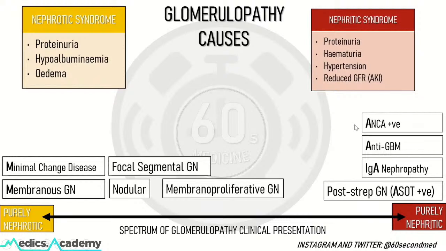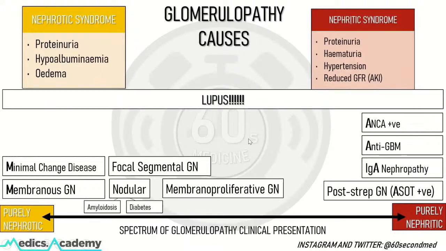Diseases that cause the mixed picture include focal segmental glomerulonephritis, nodular nephropathies, which include amyloidosis and diabetes, and membranoproliferative glomerulonephritis, which classically is right in the center of both syndromes and includes all features of both syndromes. And finally, don't forget lupus, which can present as any type of glomerulopathy, so as a purely nephrotic, purely nephritic, or as a mixed picture as well. So that concludes a quick presentation